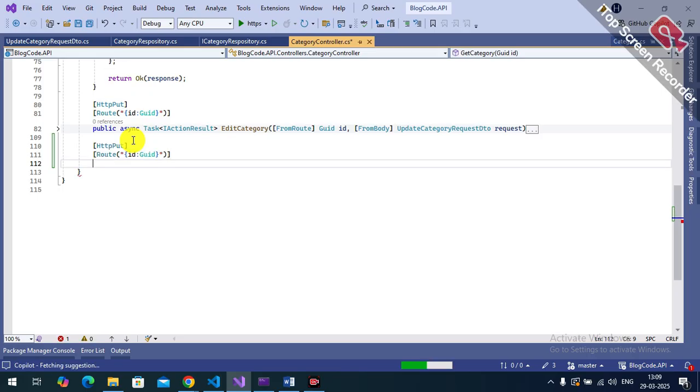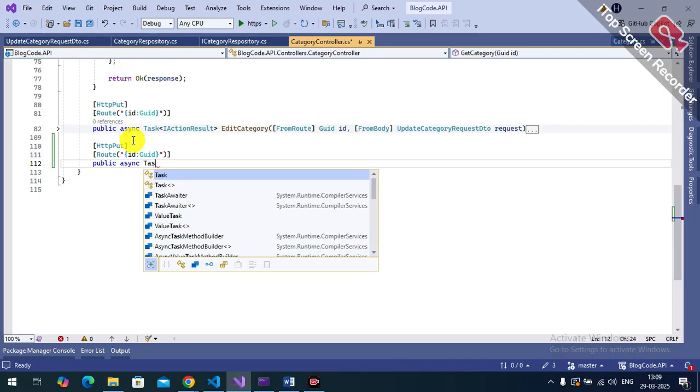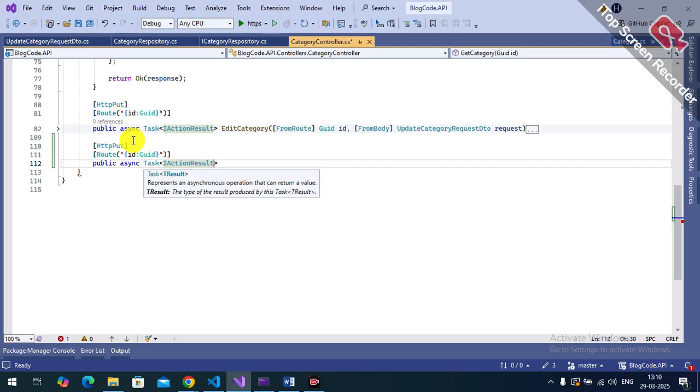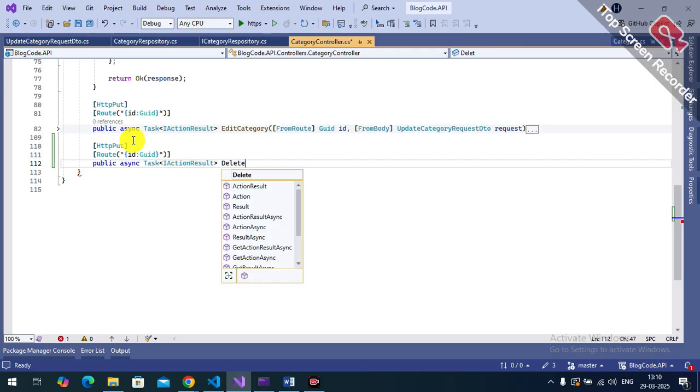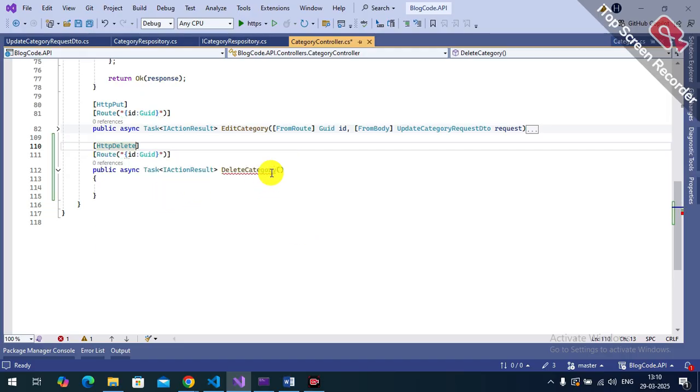So I just write and then we use public async task IActionResult, and then delete category. Okay, and then here, what method will it be? It will be the HttpDelete, sorry, delete,